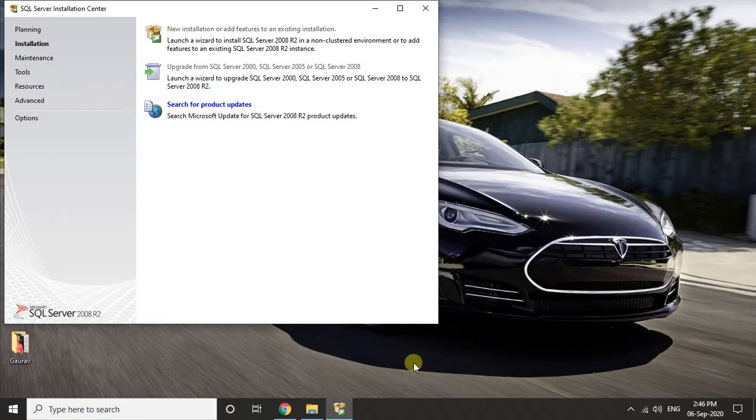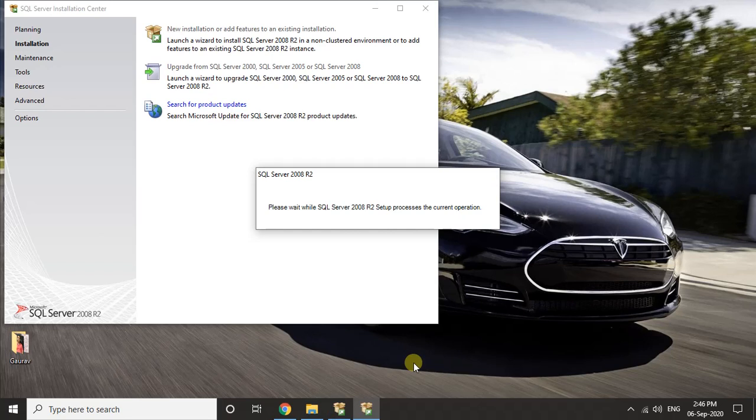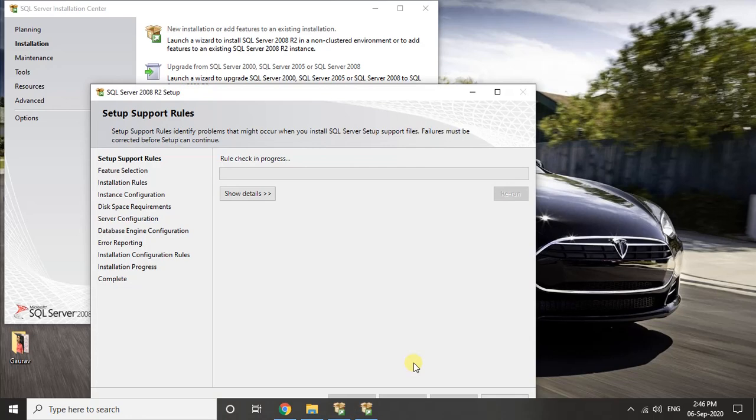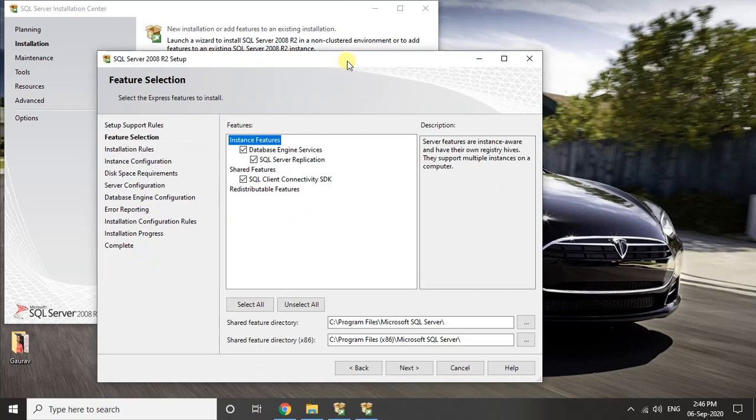And don't click on any other button until the process is complete. So have patience and wait for the process to go on easily. It's a very easy process to install the software on the local system, and you don't need any technical knowledge. Just follow these steps.